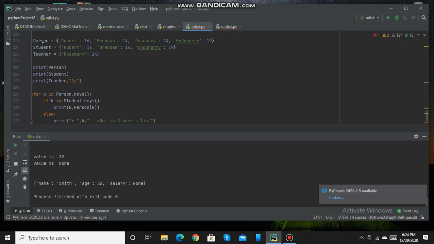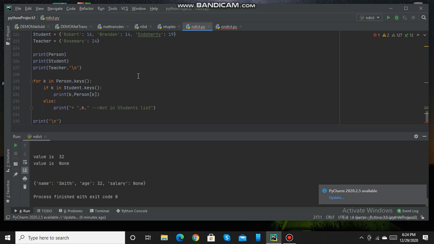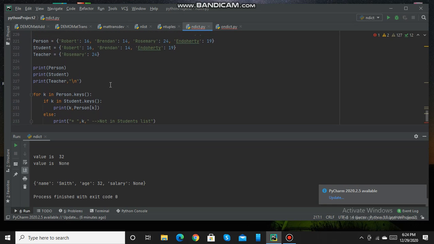Now traversing through dictionaries. Here I have three dictionaries: person having 4 elements, student having 3 elements, and teacher dictionary having only 1 element. Now I am printing person, that is the first dictionary, then printing student and teacher. Now here what happens is, for k in person.keys(), it will scan the person's keys one by one. After that it will check this condition: if that key is present in the student's keys. It will check Robert is here, Brendan is here,